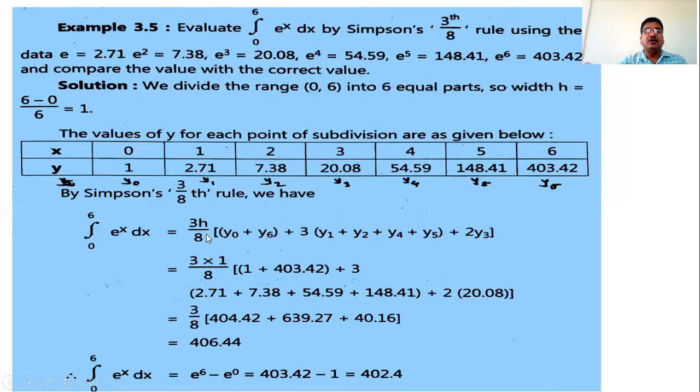Substitute all the values of h and the rest. Here h is what? If the table is given and h is not given, then how can we find h? We can find h by using the formula b minus a by n, or we can also find it by subtracting successive two values, that is, subtract the previous value from the next value. That is 1 minus 0, 1 minus 0 is h. 2 minus 1 is h. So we can also find h by using the table. If the table is given, we can find h.